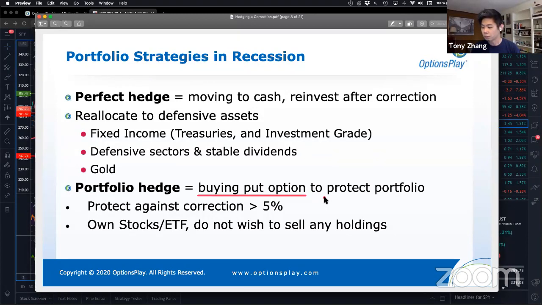Now, buying a put on your portfolio is something that you should only consider if you believe that there's going to be a correction that's at least 5%, typically a little bit more, like 10 to 20% or greater, for you to buy a put option. You can hedge against a 5 to 10% correction, but many times this is for when you anticipate a much larger